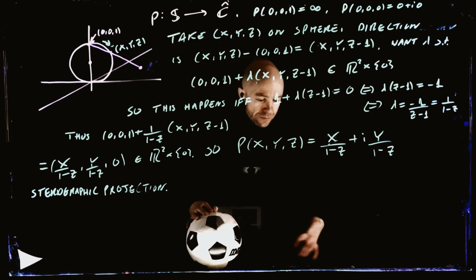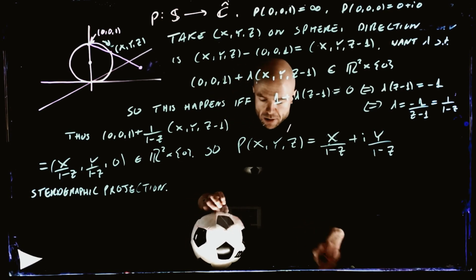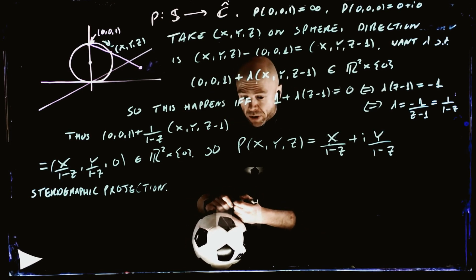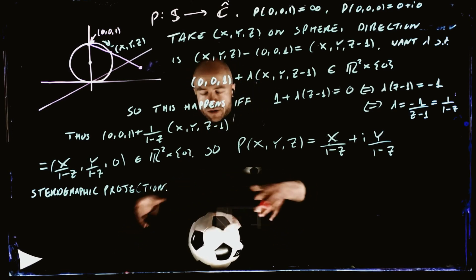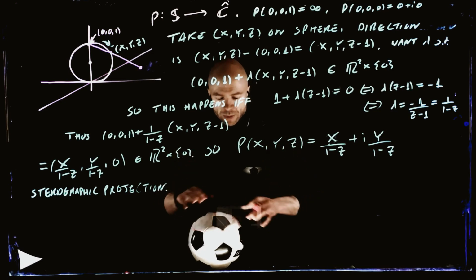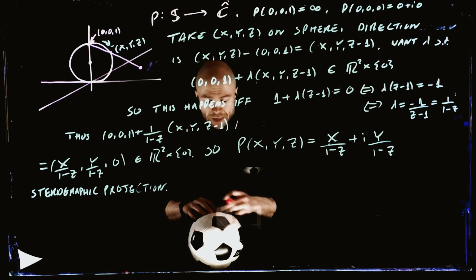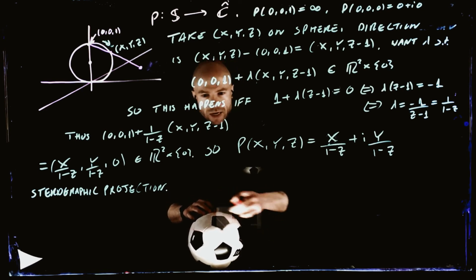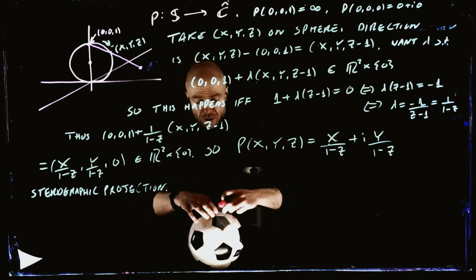So this is a surprisingly rich mapping. It has stronger properties than you expect. And these properties are very useful. This kind of stuff, I mean, geographers learn about this kind of thing, because if you want to have a good way to represent a map of the Earth and the continents, then stereographic projection is an excellent way to do it, because it will actually preserve the angles of the continents. So you could have this kind of